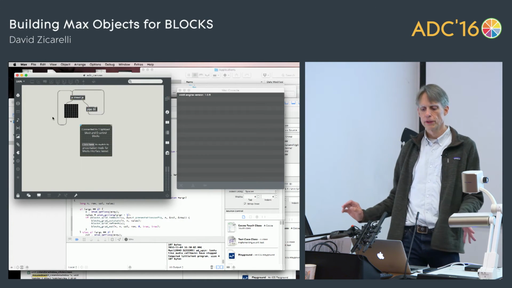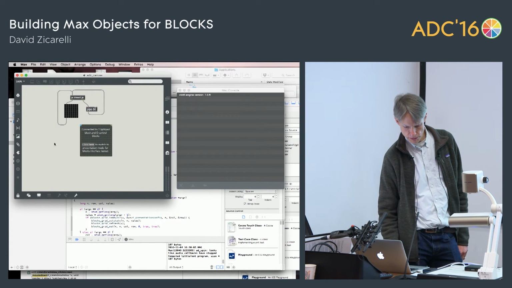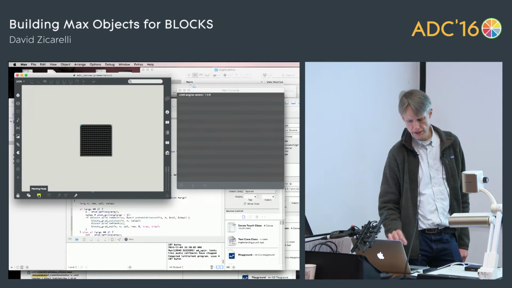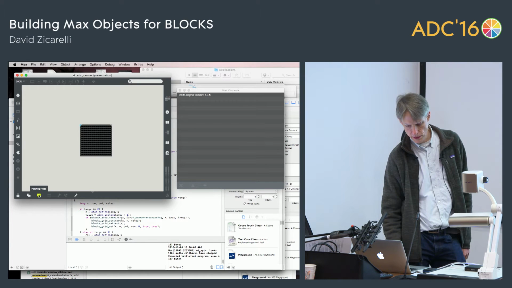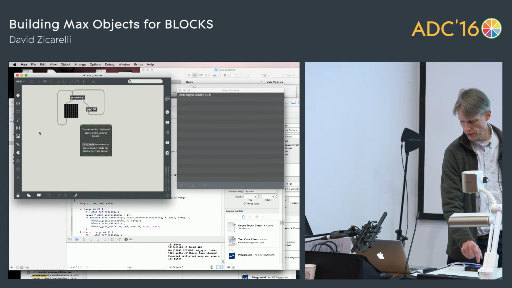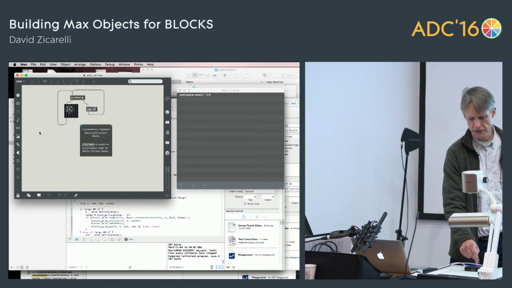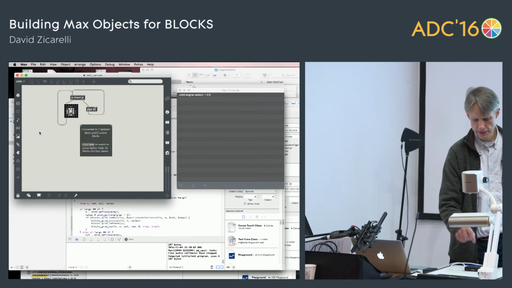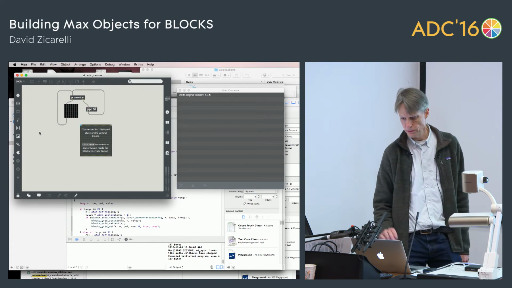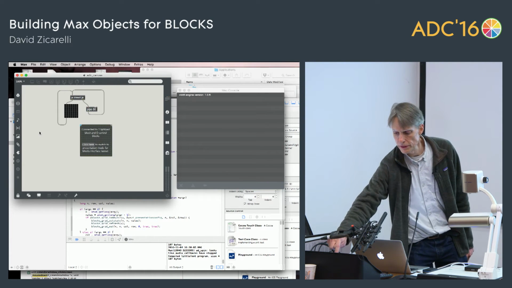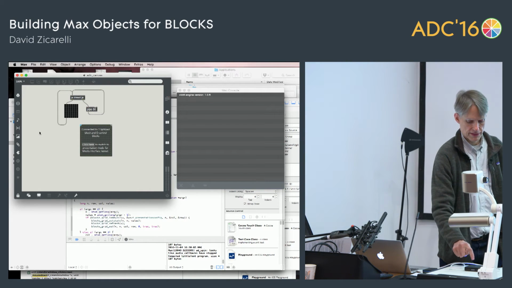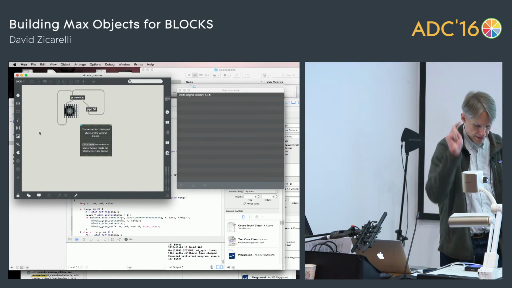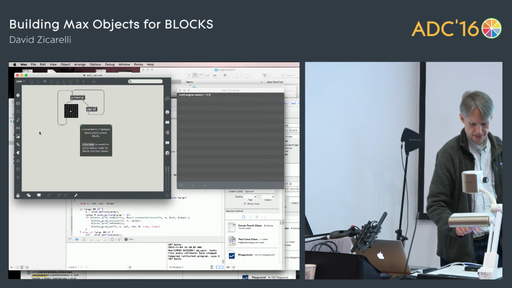So this is patching mode, and then if we switch to presentation mode, you can see that the rectangle is on the pad here, but you can actually watch the same thing just scaled in patching mode. So let's go back to the camera, and you can see what it looks like. So you get the idea.